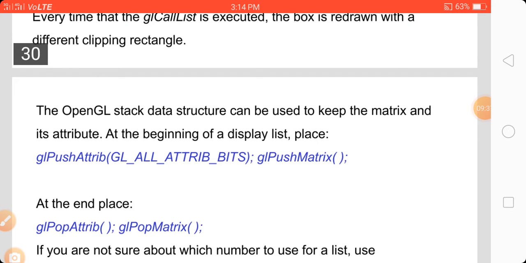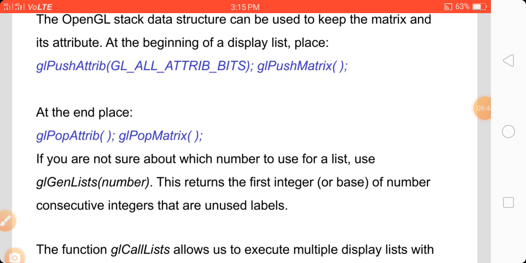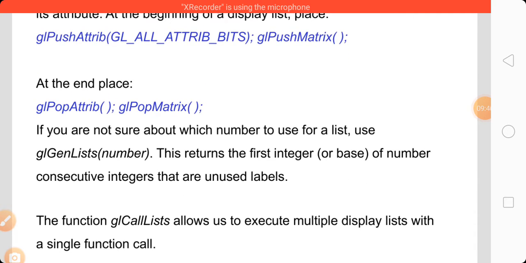Here we push the matrix content, and at the end we place glPopAttrib(); glPopMatrix(). At the end we pop the attributes as well as the matrix content from the stack.